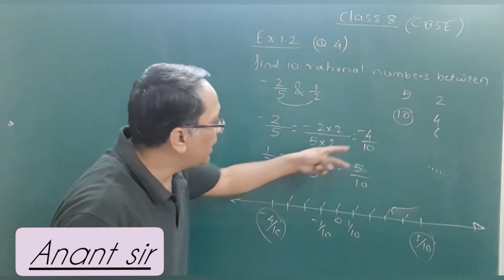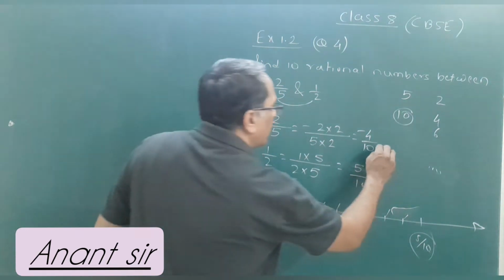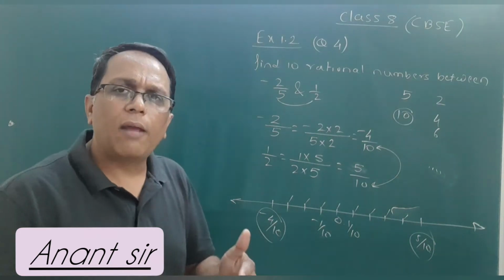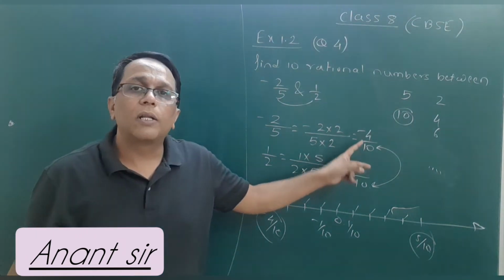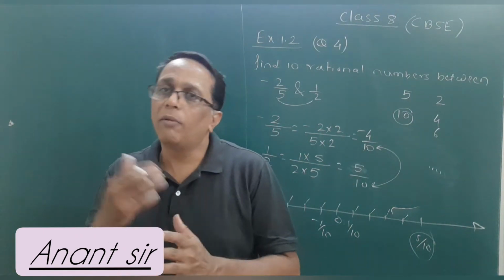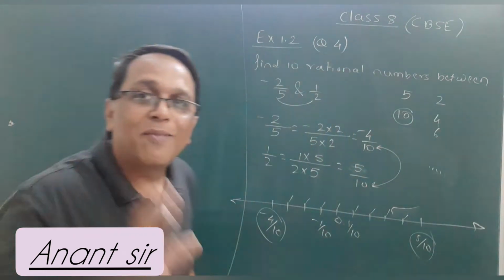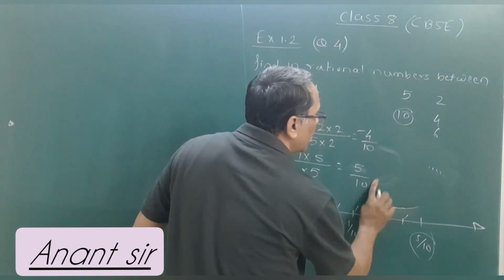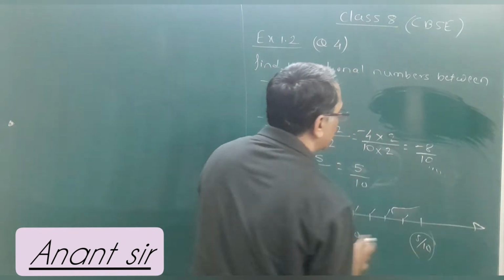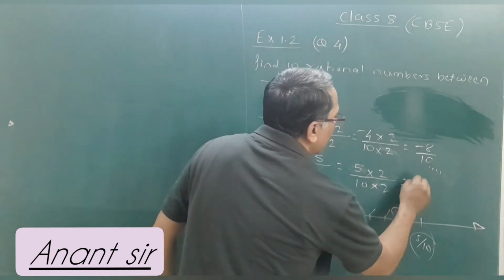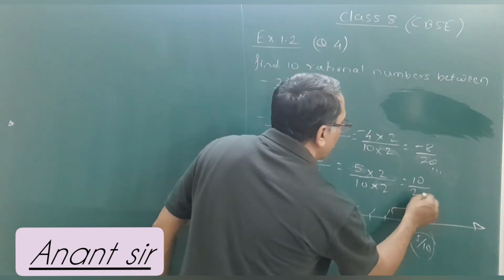So I will have to increase the denominator. But they have to be same. But I will have to increase. So now in place of 10, I will make the denominator 20. Okay. So I have to multiply again the denominators by 2, so that the denominators will become 20. I will get more than 10 rational numbers there. Okay. So I am going to multiply the denominator and the numerator by 2 here. So it will become minus 8 by 20, and similarly this will be 10 by 20.